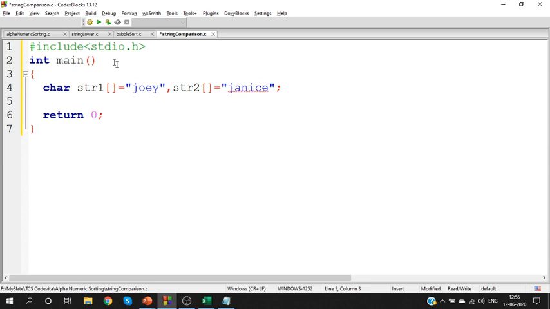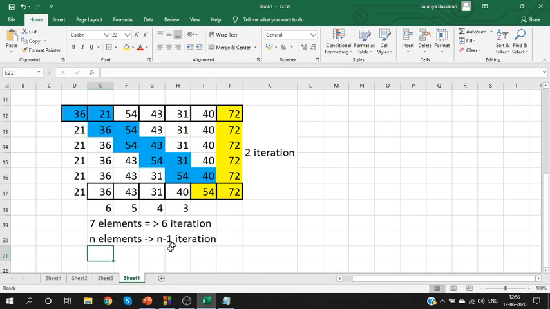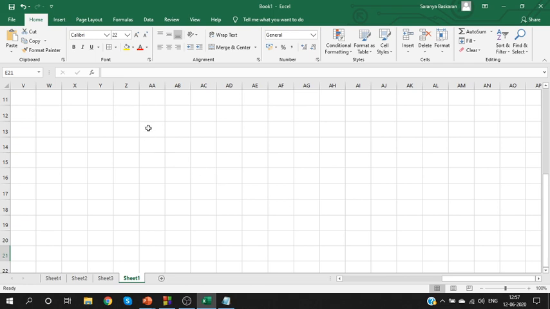See, when I say compare the two strings, how will you compare them? We have two strings, Joey and, consider Joseph. Yeah, that will be better. Consider Joey and Joseph. When you consider Joey and Joseph, I will not take the first character and compare it with some random characters. No. If you take the 0th index here, compare it with the 0th index. If you take the first index, compare it with the first index. This is how we'll proceed with the comparison.